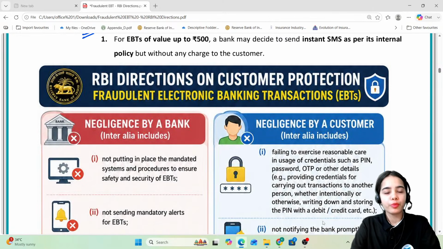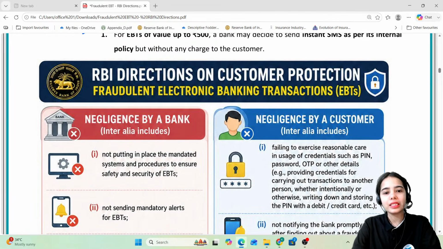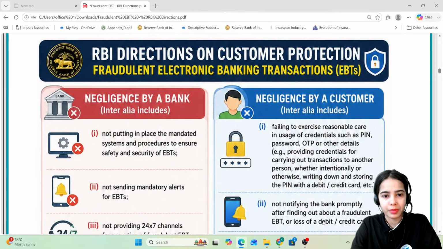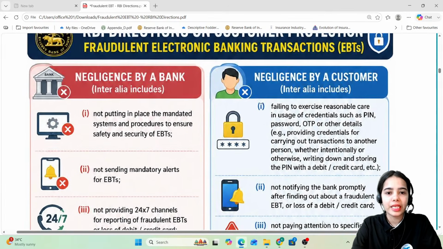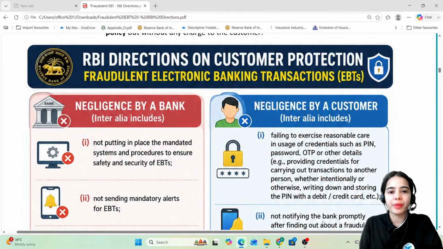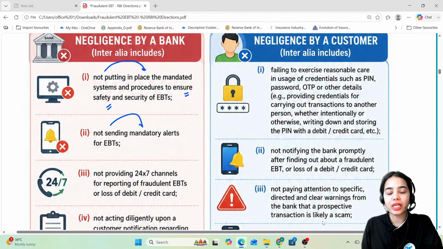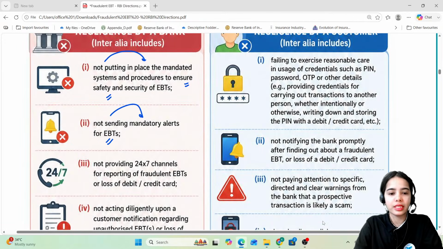Now, moving forward, first you have to understand whose negligence or whose responsibility it is that the fraud happens. So first of all, negligence by a bank. A fraudulent electronic banking transaction might be possible because of some negligence by the bank, such as not putting in place the mandated systems and procedures to ensure the safety and security of the electronic banking transactions, not sending the mandatory alerts for the electronic banking transactions, not sending the SMS alerts and such,